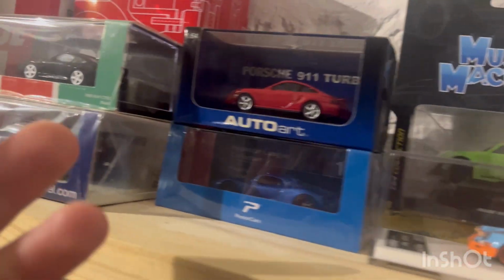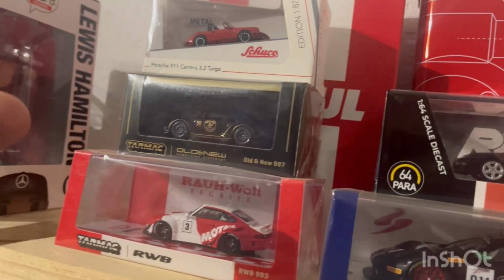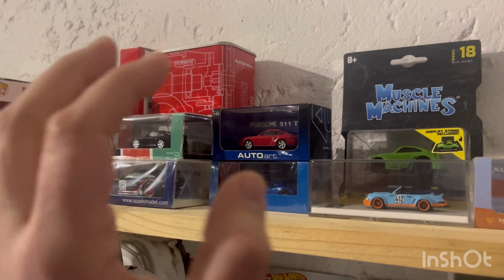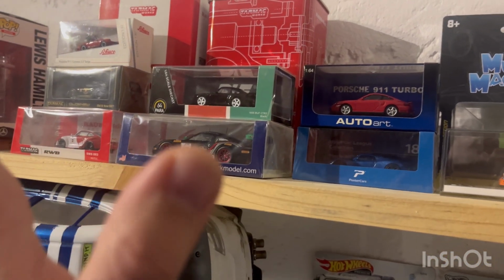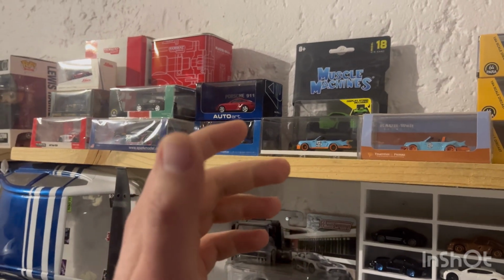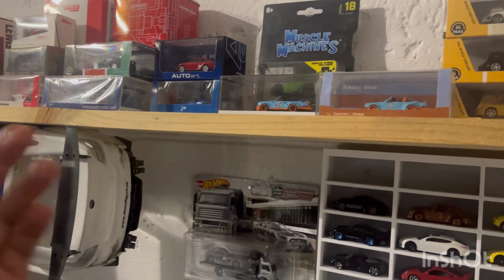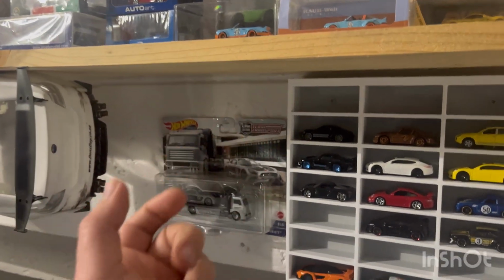Auto art, poster cars, there's a Spark model, another Para, there's some Tarmac Works, Schuko. So really just sticking to a particular brand of car, I was able to really enjoy collecting. It became more of like, damn, I'm spending so much money again. Every time you go into a store, you're just spending, and then you're actually not really enjoying the hobby. You are enjoying it, but